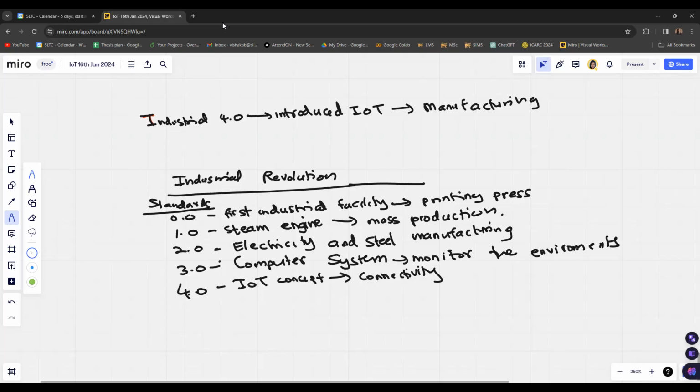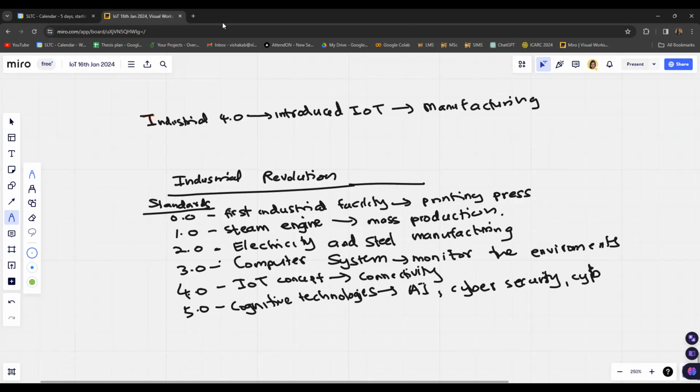Apart from that, there are other standards that came, like Industrial 5.0. Industrial 5.0 is mainly focused on developing cognitive technologies, which means they are going to integrate technologies related to artificial intelligence, cybersecurity, and cyber physical systems.